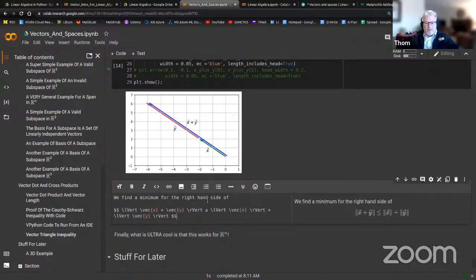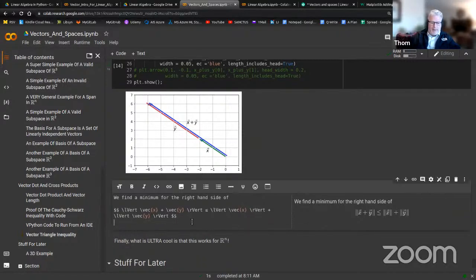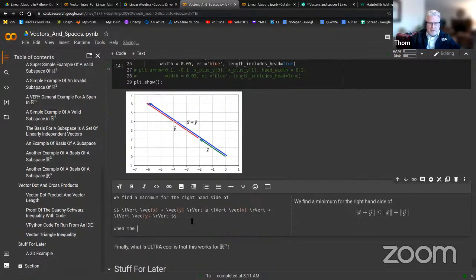Right. We find a minimum for the right-hand side of this when the vectors point in, I'm going to call it, let's bold it. Okay, just so y'all know, I'm starting a bold. I'm ending the bold there, and then it shows up. When the vectors point perfectly opposite, going too fast, opposite directions. They are